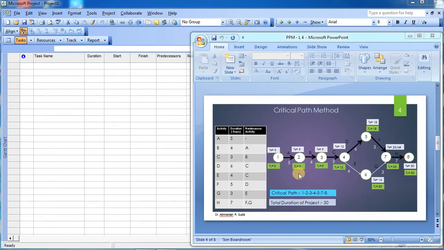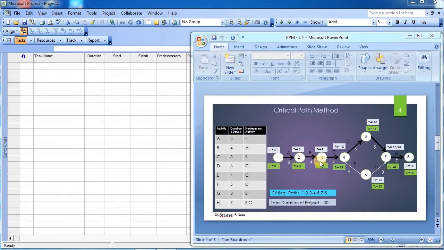After making the complete network we do the calculations of earliest event time, how early we can achieve a particular event. So this is event number 1, which is the starting event, so it will be achieved at the 0 instant of time, that means the start of the project. Then activity A will be accomplished and event number 2 can be achieved only when all the things before 2 are completed. So it will be the time required up to 1, that is 0 plus 5,